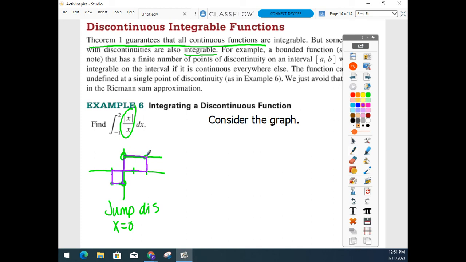So this is an instance where I would have no idea how to find the antiderivative of that, but I can use area to find its answer. Now, the area of this is 1 by 1, so the area is a +1, but the integral value is negative because it's below the x-axis. Here, this is 2 by 1, so the area is a +2, and because it's above the x-axis, the integral